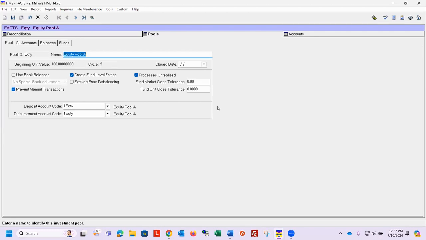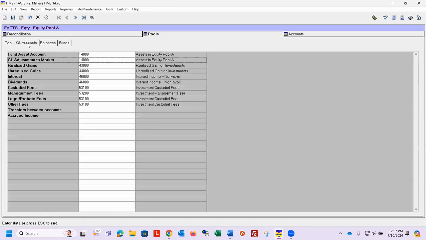an error that you might see when you're running your edit report. And it might be missing general ledger accounts. So when you're doing your edit report from facts, you might see that error. So some of the reasons that you might see that error is, let's say that your dividends line for this pool didn't have a GL account